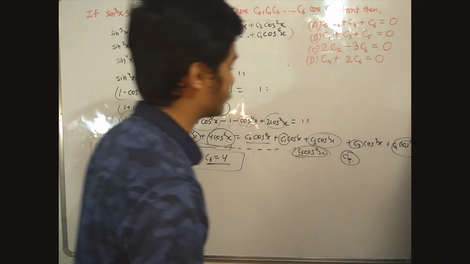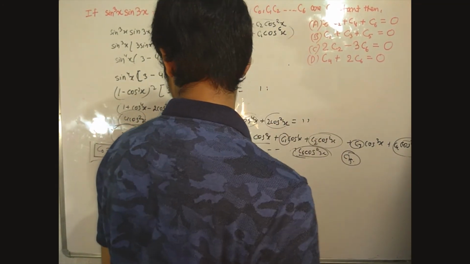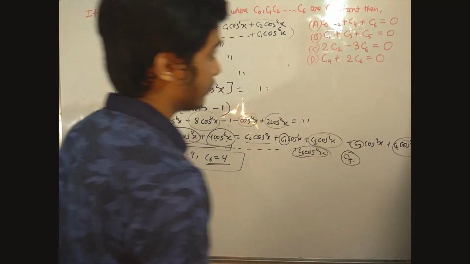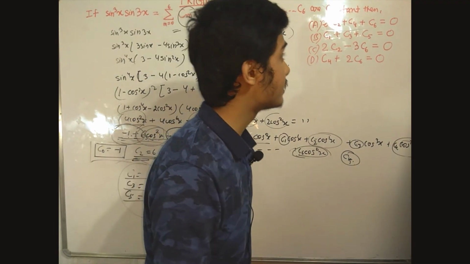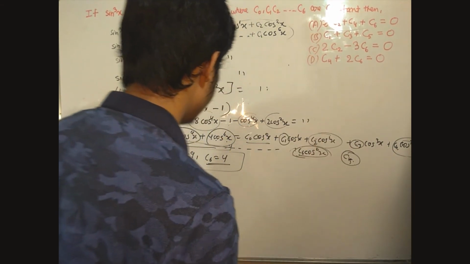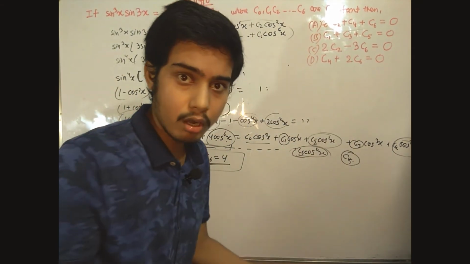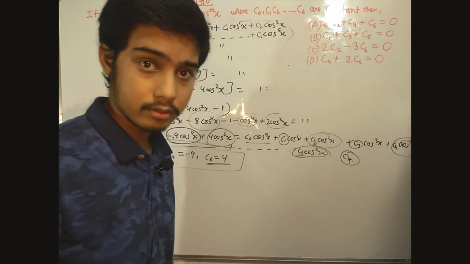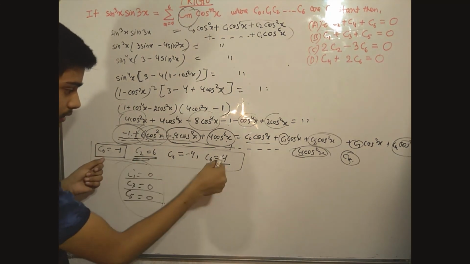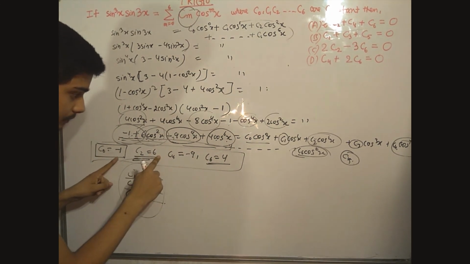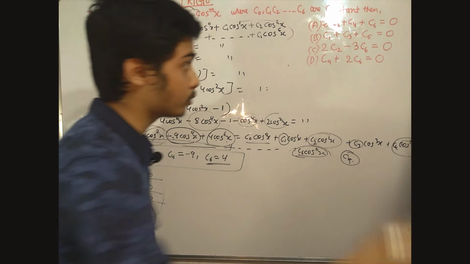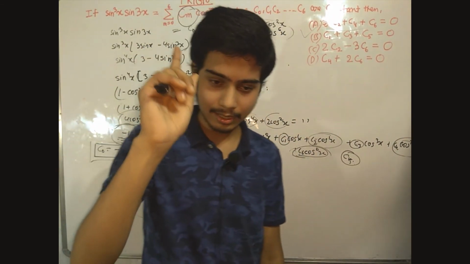Now we'll come to the options. We'll notice that mostly we have to add the values of C0, C2, C4, C6. I think it's very simple. You all can do it yourself. After adding, we have to check whether we are getting 0 or not. So -1 plus 6, 6 plus 4, 10. -9 minus 1 is -10. 10 minus 10 equals 0. So option A is correct.